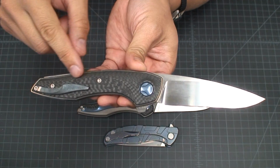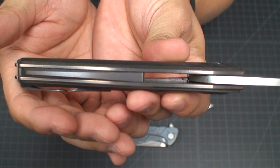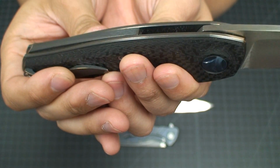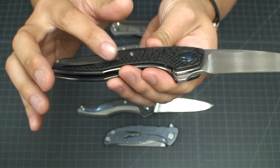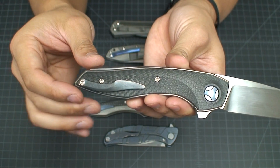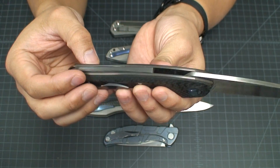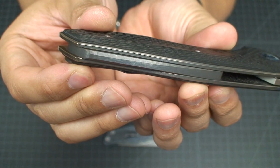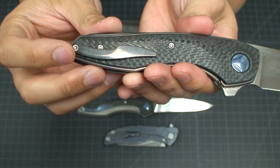You've got full carbon fiber scales, you've got bronze titanium liners, and again, a beautiful finish on the titanium. I don't know how they did it. Some kind of media blast and stone wash with maybe another media blast. I don't know what it is, but it's almost like glass, kind of a glass-like finish, if you will. But again, full solid titanium backspacer, all milled with nice little angles and faceting on the backspacer. You got the same clip as you have on the Sequoia,